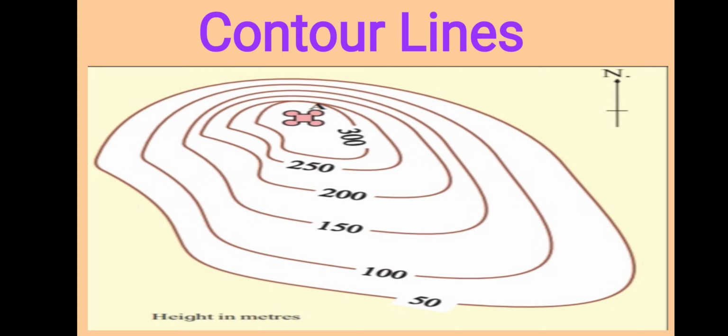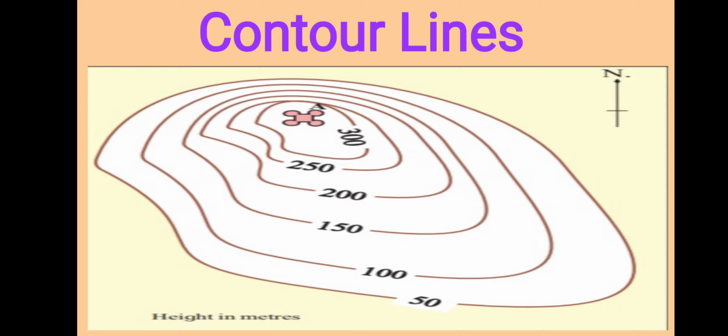Let's learn some characteristics of these contour lines. The first one: contour lines do not cross or intersect each other. Are you able to see this in this picture? If the contour lines are closer to each other, the slope is steeper. See in this picture, on the upper side of this map, the lines are very close, meaning in a small area the distance from 50 meters to 300 meters is covered very fast, so the slope is very steep. Steeper means more.